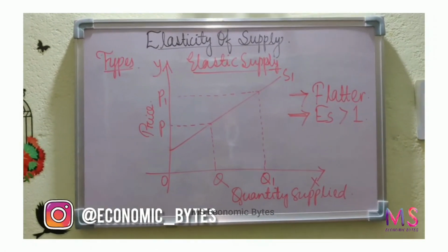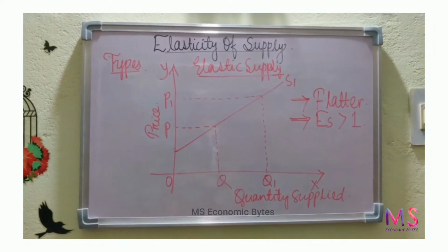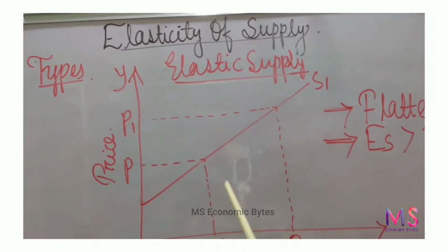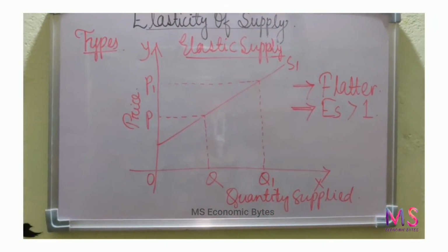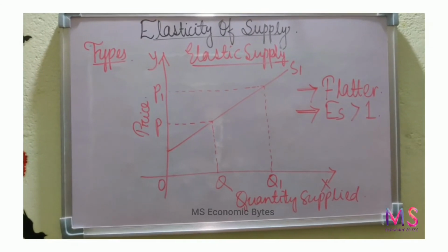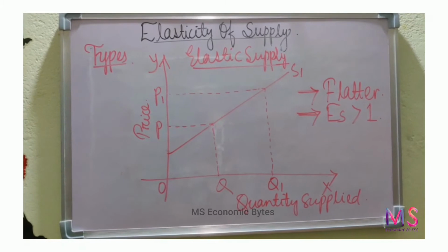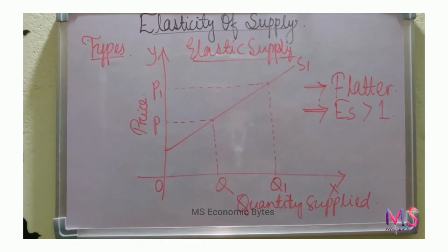Now coming to the types of elasticity of supply. The first type is elastic supply. Supply is said to be elastic when a given change in price leads to a larger change in quantity supplied. As you can clearly see in the figure,